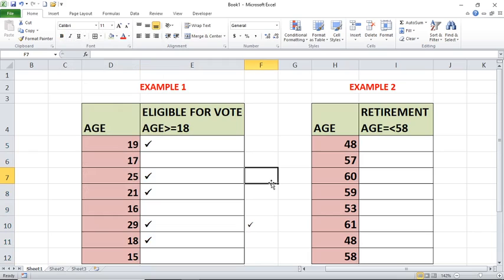And when it comes to example 2, we have taken the retirement age. If the person's age is less than 58, they are not eligible for retirement. If the person's age is greater than or equal to 58, they are eligible for retirement. Here I want the tick mark for those who are eligible, and the cross mark for those who are not eligible. How can we give the formula? See here, is equal to,